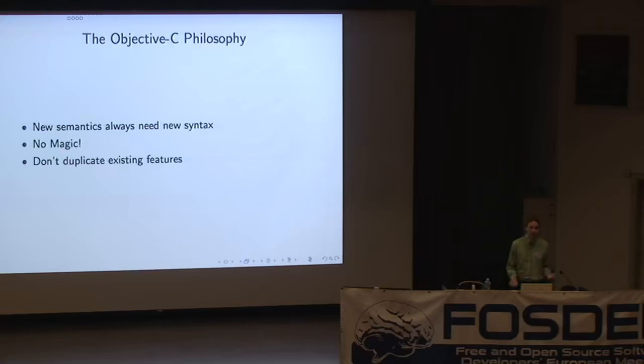But for those of you who haven't really used Objective-C before, I'll just give a little bit of an introduction to what the language does and why it's interesting. The first rule is that anything that has new semantics in the language has to have new syntax. So you don't have this confusion where you have one line of code that could possibly mean 5 different things. C++ has the opposite philosophy. It says no new syntax for anything. So you can look at a line of C++ and you have no idea what it does at all.